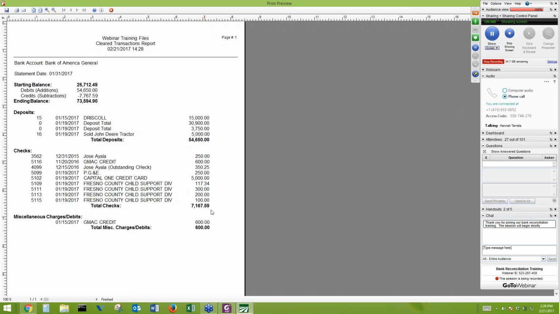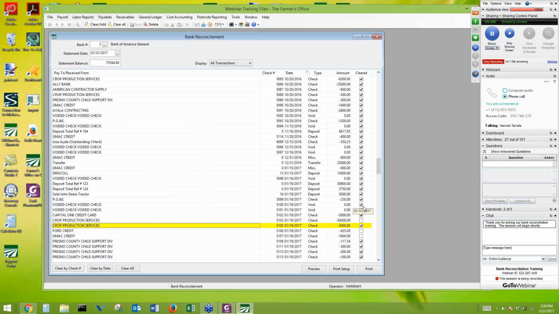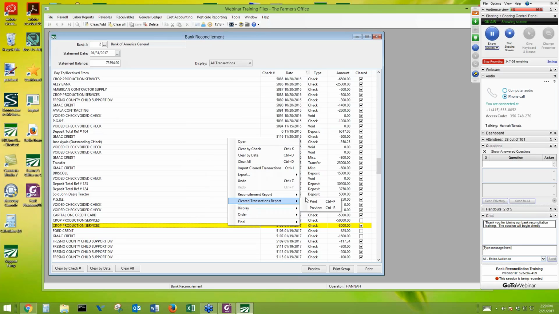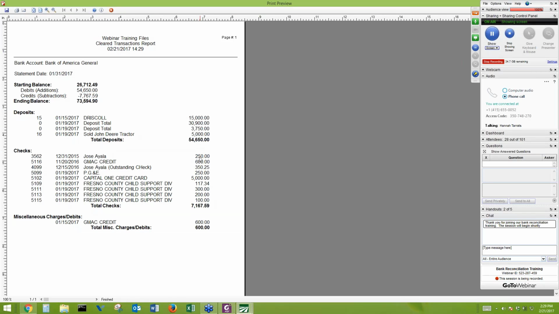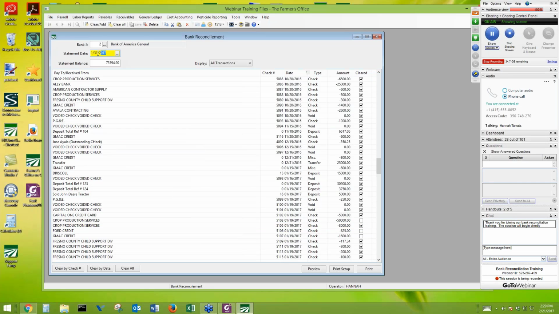So then, if this number doesn't match, we go through each item to figure out what doesn't match the bank statement. And so that's where the statement date matters. If we accidentally cleared something with a different statement date, it's not going to be reflected on that cleared transactions report. You may have cleared it and it's going to be clear on the reconciliation report, but it's just a little harder to go back and audit because you'd have to run the cleared transaction report for each date that you